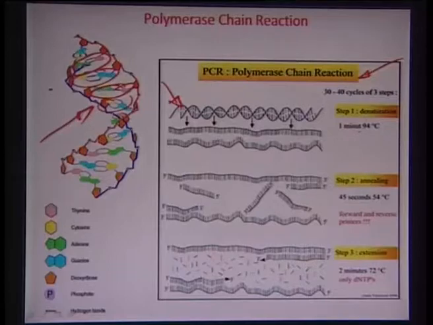So essentially you are breaking open the hydrogen bonds, and you are not doing that at the cost of breaking the sugar phosphate backbone. You are just simply splitting the base pairs apart, and in the process separating the strands, with the strands individually still remaining intact but getting separated from each other. That is denaturation. So the first step is denaturation, and the second step, you design these intelligent identification sequences called